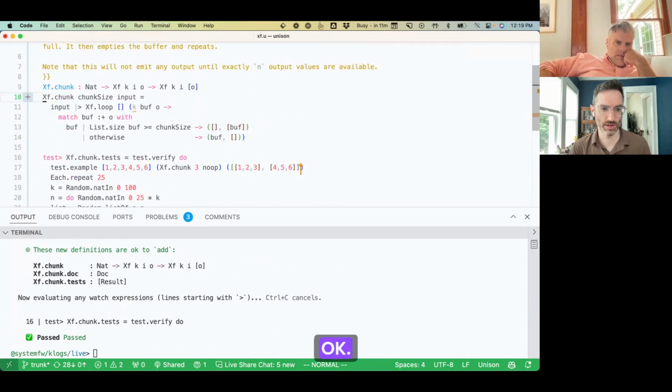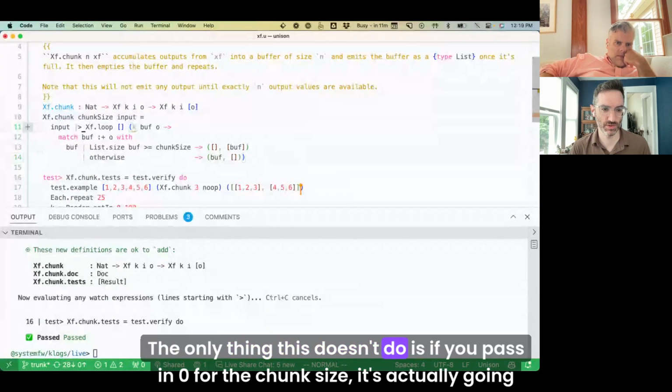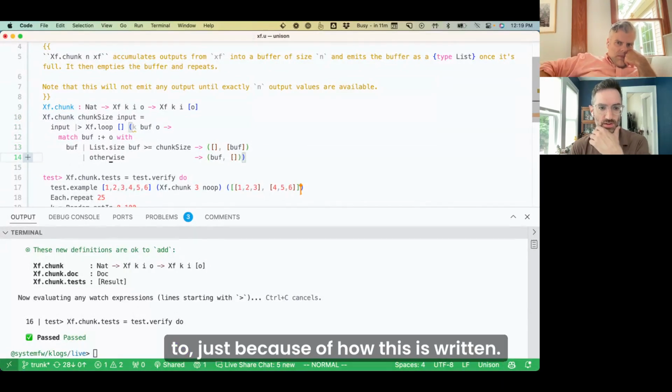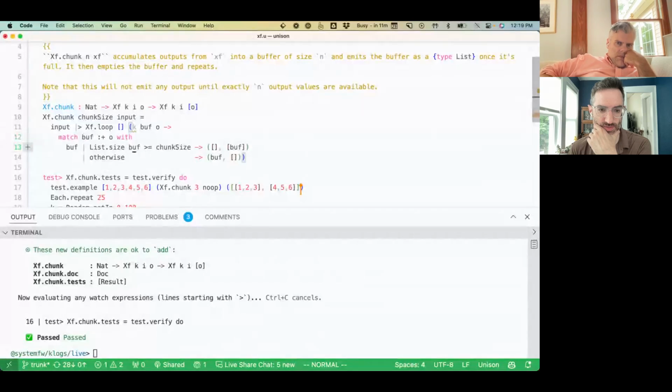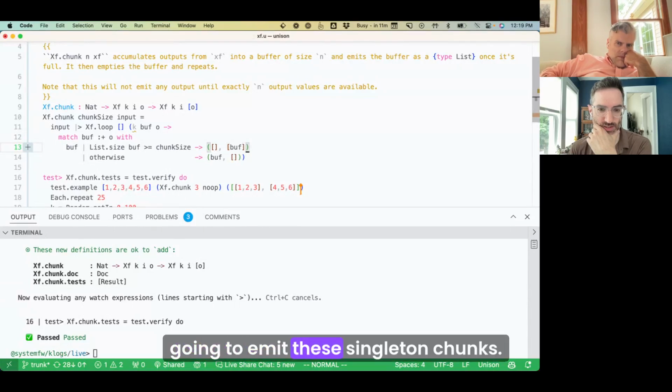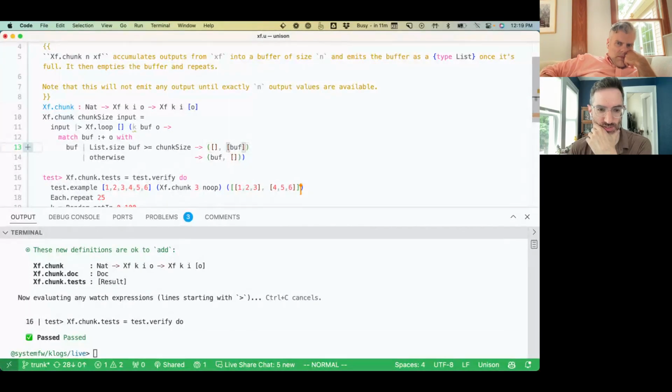Okay. The only thing this doesn't do is if you pass in 0 for the chunk size, just because of how this is written, it's going to emit these singleton chunks.